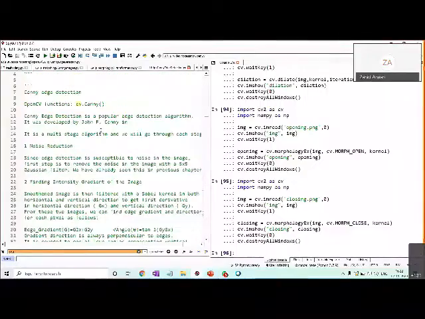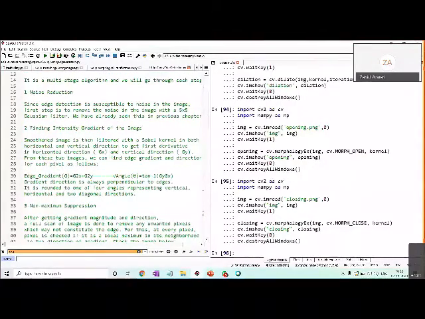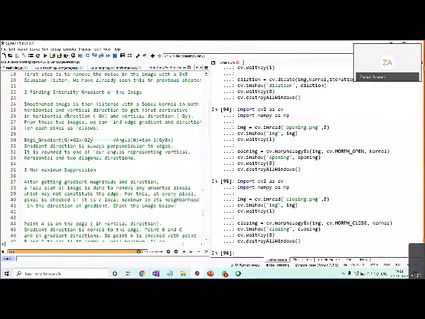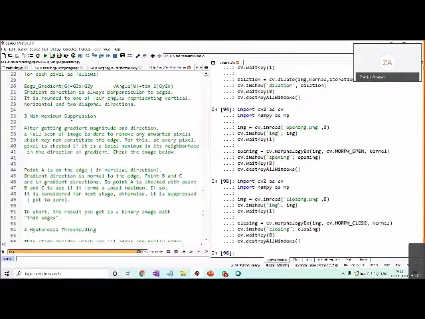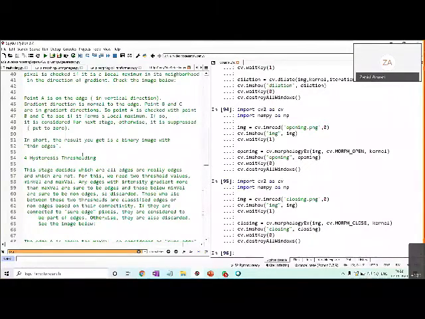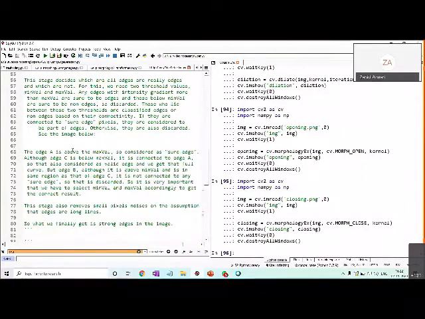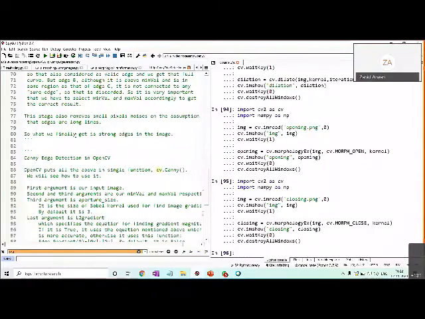It does noise reduction, then finding the intensity gradient of the image. Then non-maximum suppression, and then some kind of thresholding is applied, and through that it does the Canny edge detection.